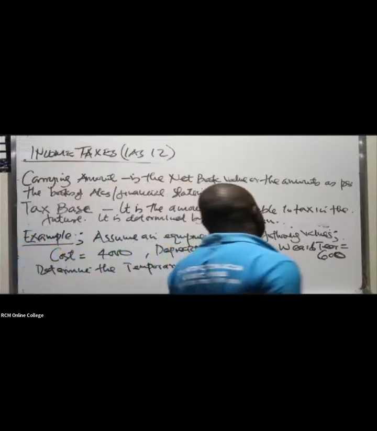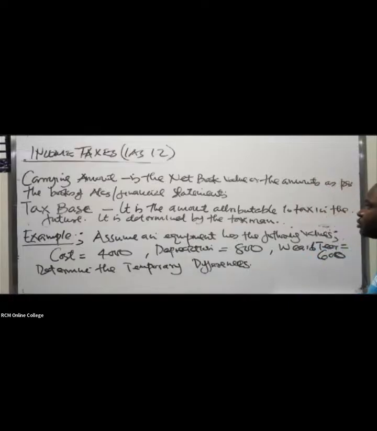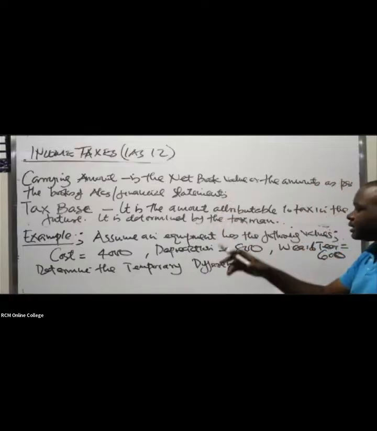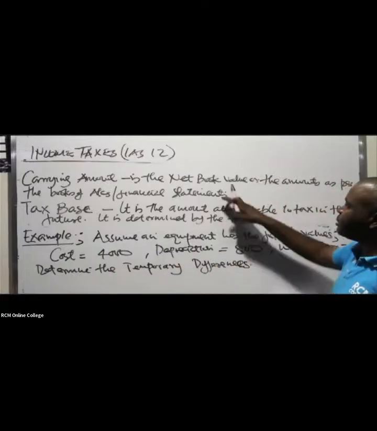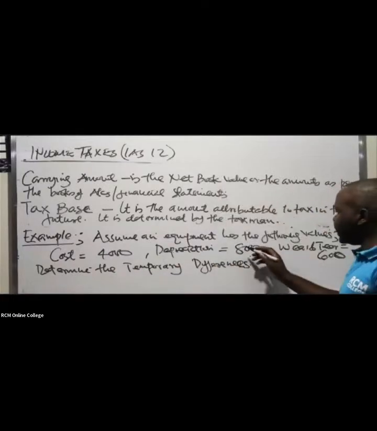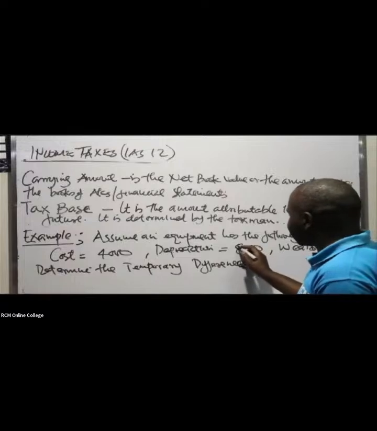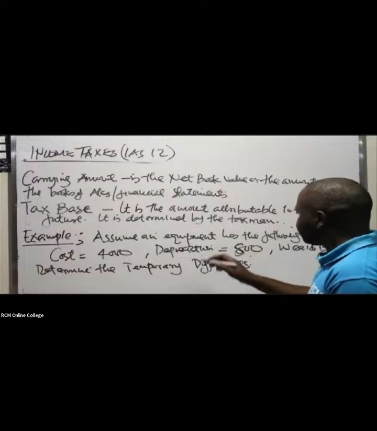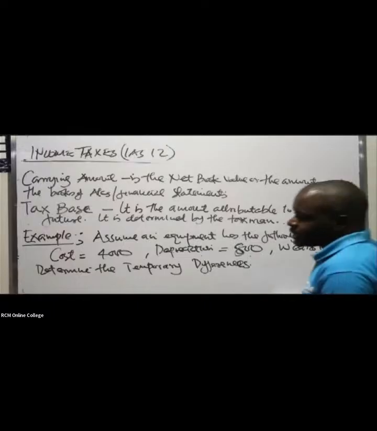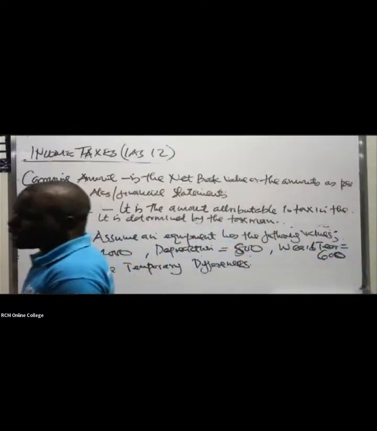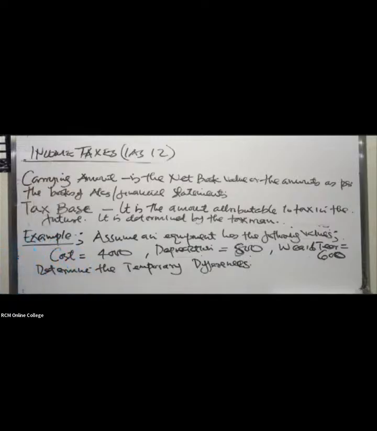So for you, the accountant, when you want to get the net book value of this asset, you take the cost minus the depreciation. But for the taxman, he doesn't understand the language of depreciation. He knows the language of wear and tear, or sometimes capital allowances, for example, in these buildings, they'll say